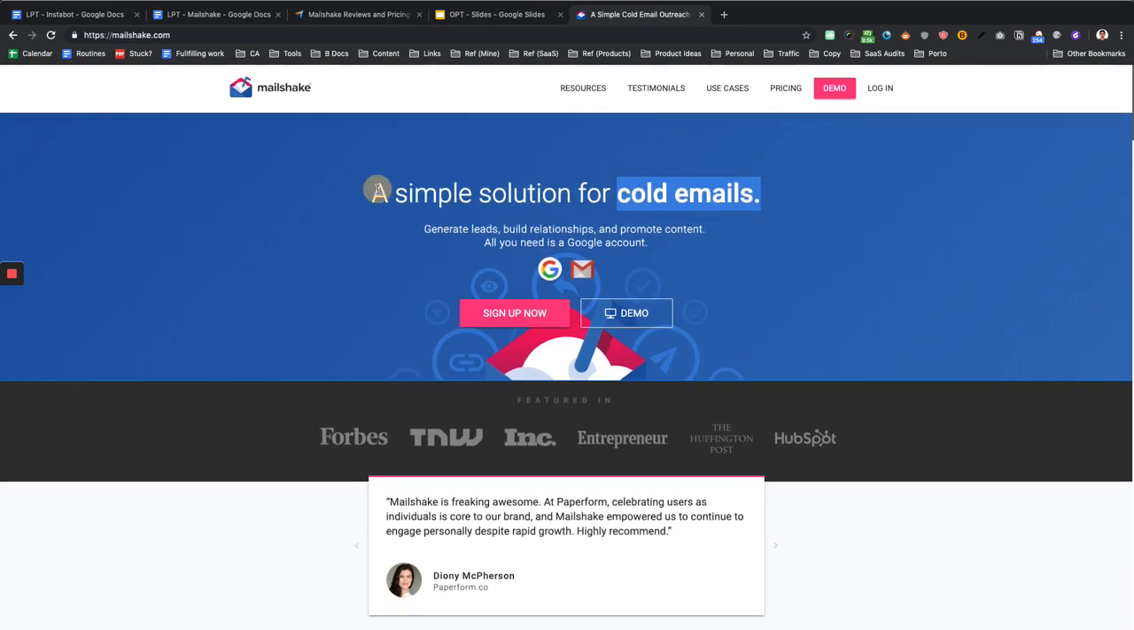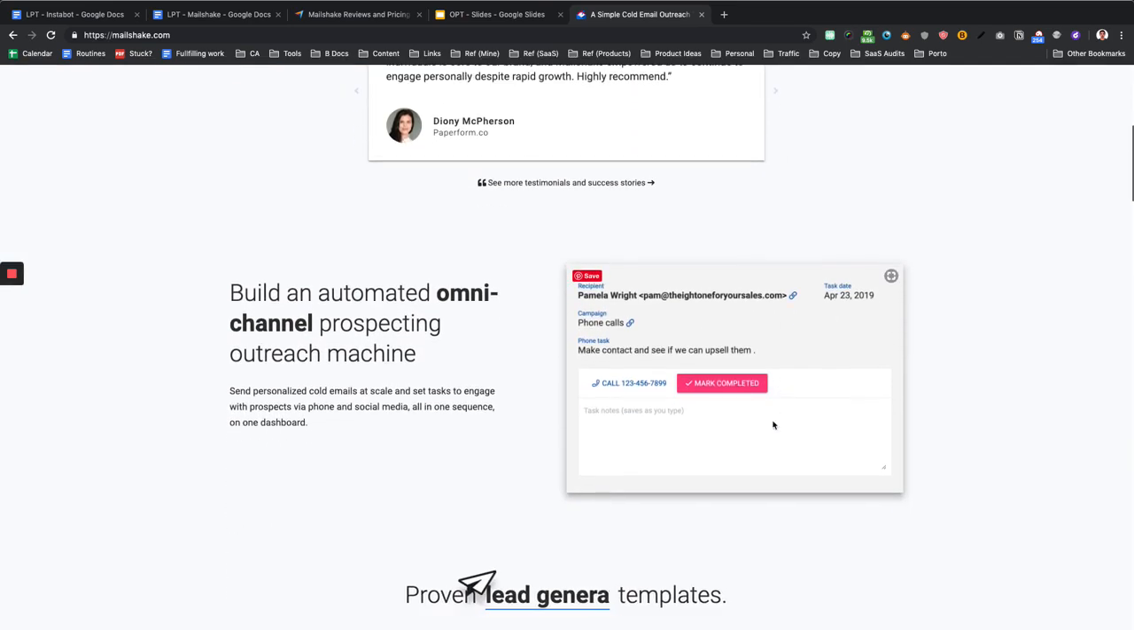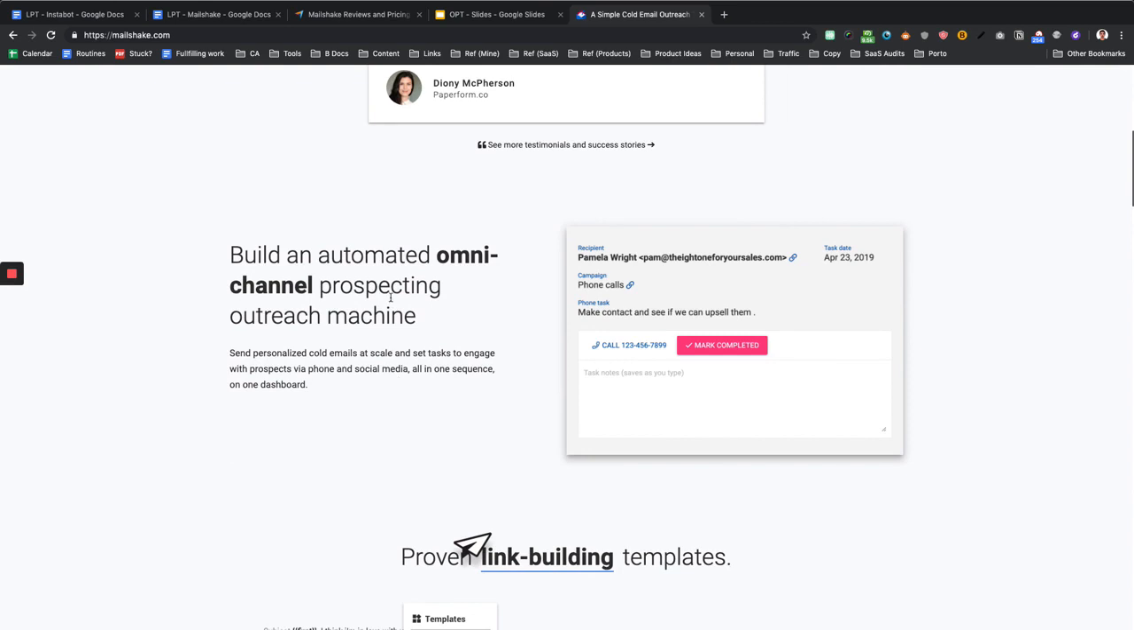Okay, so moving to the page, I think the headline is fine. If I knew if this should be a simpler solution or the best solution or the easiest solution for cold emails, I would make the headline better. But since I don't know, because of the positioning exercise, I think this is good enough. But I believe there are a couple of things that we can highlight. So for instance, this one says build an automated omnipresent channel. And essentially I look at this and it's saying you can follow up via the phone or social media on your cold email campaign. So essentially you just say